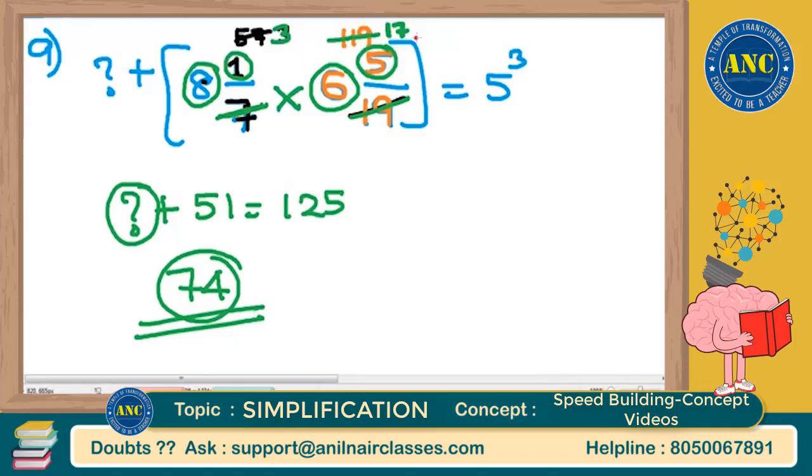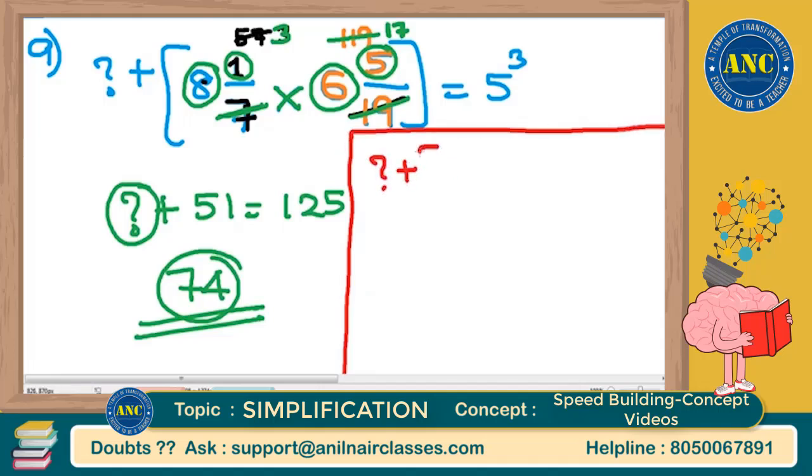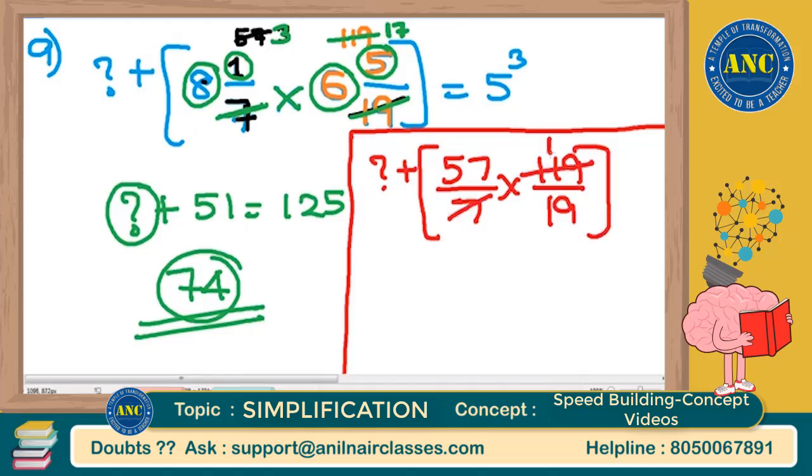But my intention of taking this question is, one intention is because it's an original examination question. Other intention is I don't want my student to waste their time. 7 into 8 plus 1, 57 by 7 into 19 into 6 plus 5, it is 119 by 19. Don't write this and then cancel it. You are wasting one extra step. You are wasting your time also. Directly try to cancel it in the question itself so that you will save a lot of time. You should save time in each and every problem so that it will be taken care of in our upcoming problems,